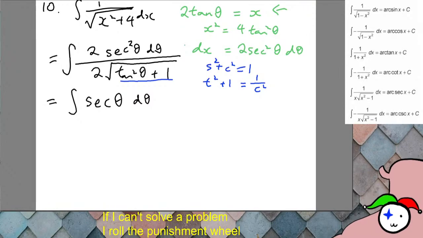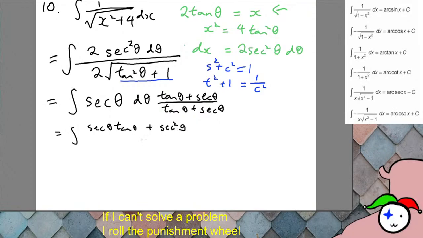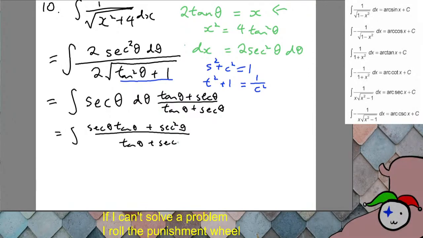So what they are saying is if you multiply this, I'm sure there's probably an easier way, but if you multiply this by tan of theta plus secant of theta over itself, so that goes to 1, then you would have the integral of secant theta tan theta plus secant squared theta over tan theta plus secant theta,